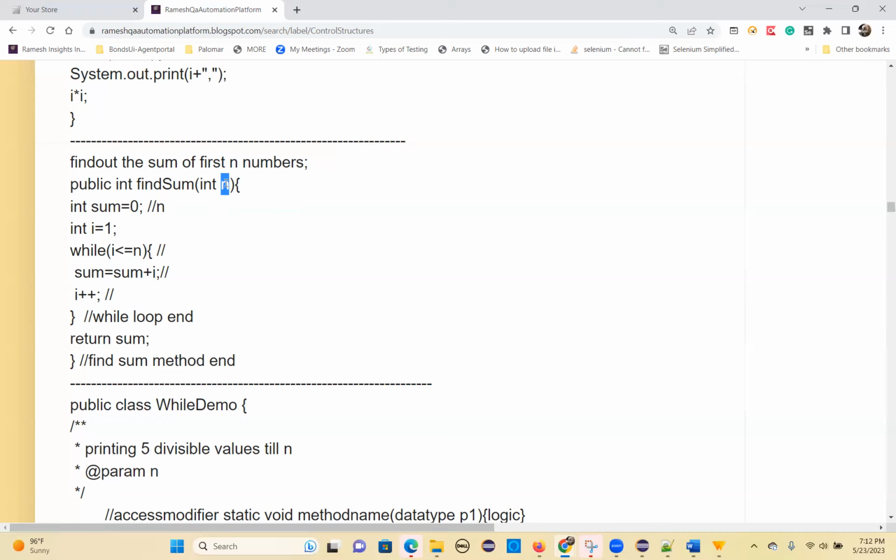So what is the program you need to write? You need to find the difference of even and odd numbers sum. Even and odd numbers sum, the difference you have to find out. That's the find out the sum of first n natural numbers. So, and also